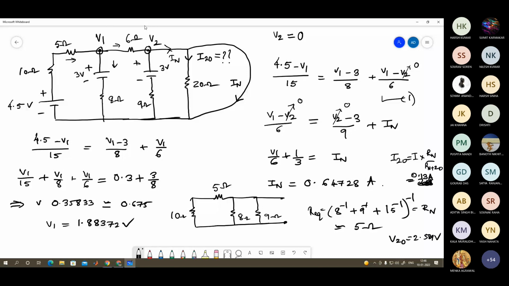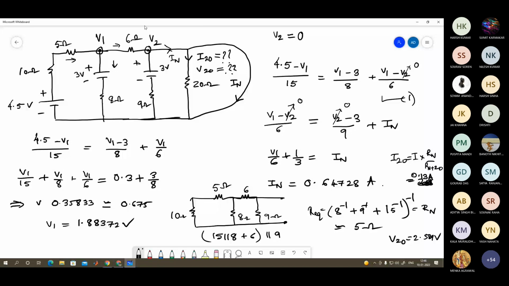That 6 ohm resistance, it is not shown. Oh, okay, it was there. Then that should be taken care of. I have calculated, I have done it, so it's my mistake actually. Then what will be there? It is 15 parallel 8, that is the effective, and then that to be added with 6, and that is again in parallel with 9. So if you solve it, it will turn out to be 5 ohm. Okay. So please do this calculation on your own and verify.